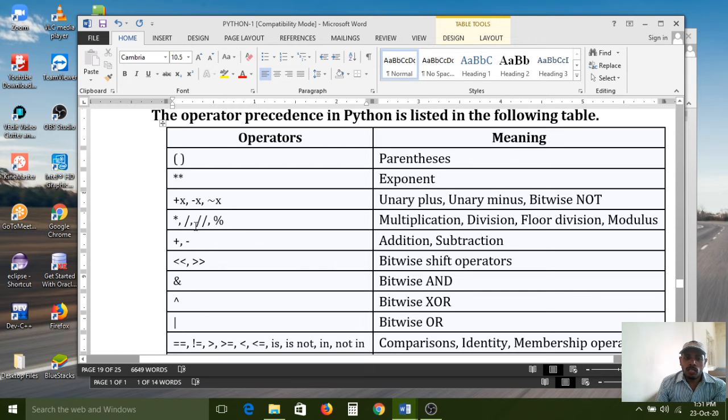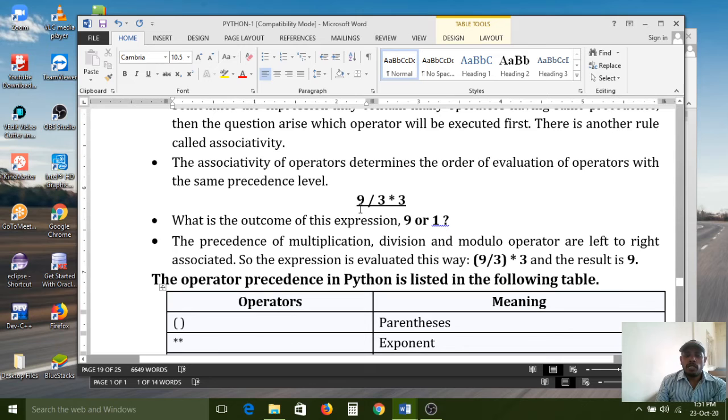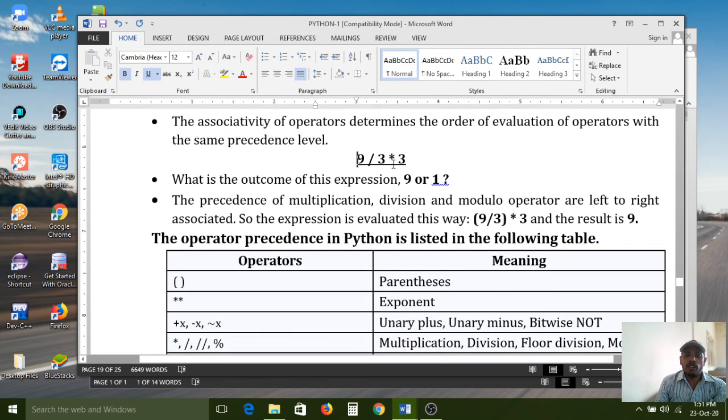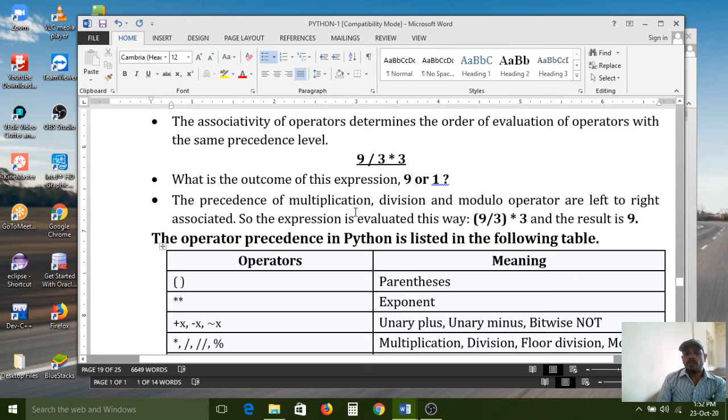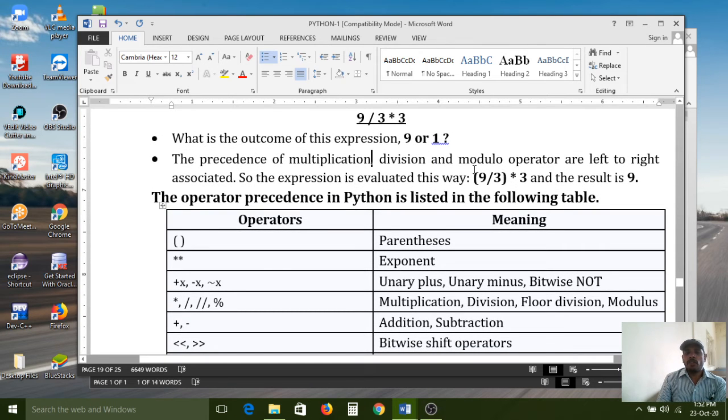Am I correct or not? So we have the multiplication symbol and also the division symbol. So here how will it execute? What is the result we will get here? How will it evaluate? According to the programmatic way, it will evaluate from left side to right side. Like here I am selecting, all of you carefully observe. Left to right. So how will it convert internally? 9 divided by 3 into 3. First 9 divided by 3. It will separate and keep it into brackets like this.